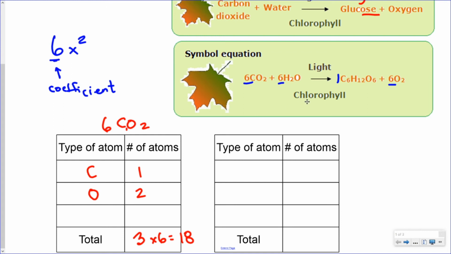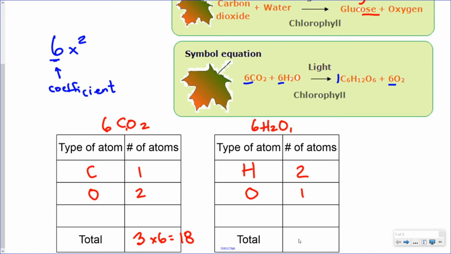Let's look at one of the other ones. Let's do 6H2O. So what types of atoms do we have? We have hydrogen and oxygen. How many atoms do we have? Again, I like to ignore this coefficient of 6 at the start and just look here. So how many atoms of hydrogen? We have 2. How many atoms of oxygen? There's no coefficient here, so what do we know that actually is? It's a 1, so we have 1 atom of